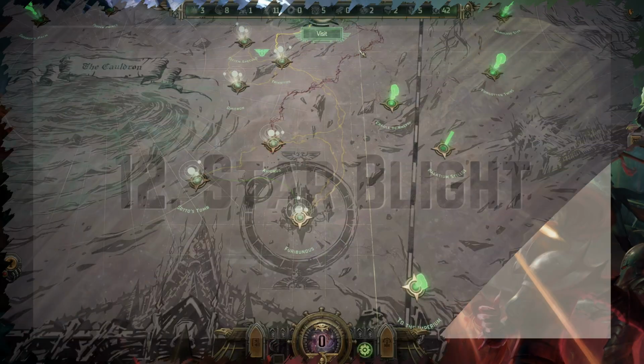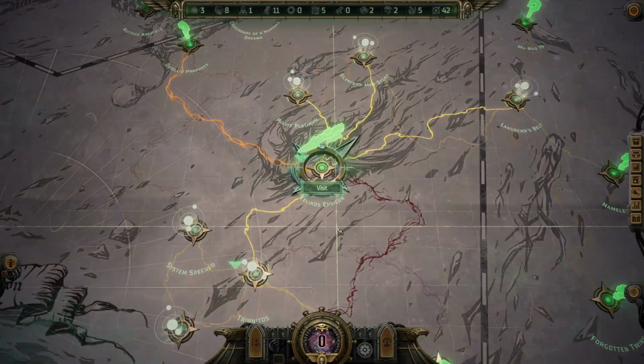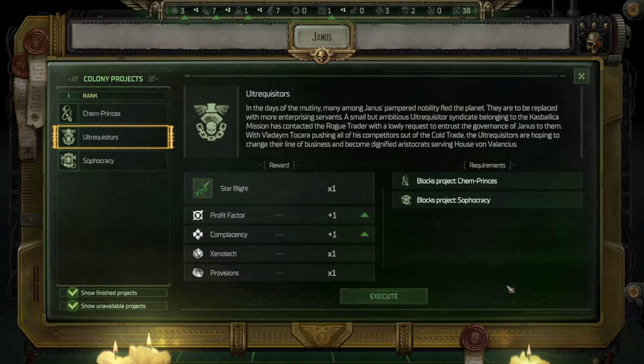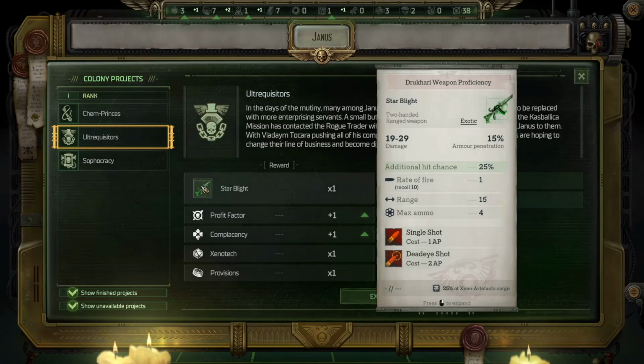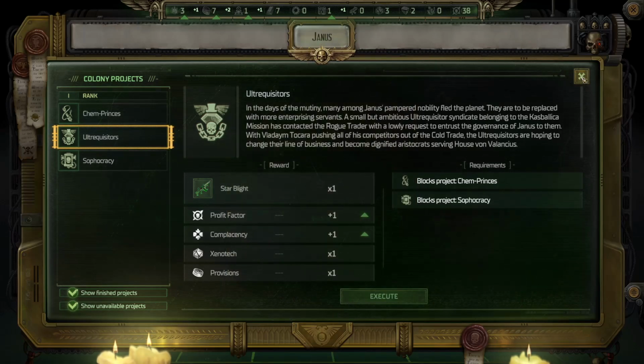Blight. Similar to acquiring the Flamer Infernical, obtaining the Blight requires improving your colonies, specifically Janus in this case. Blight serves as one of the rewards for completing the Ultraquisitors project and stands out as the most powerful sniper rifle in Chapter 2. Although Warder's Portent may boast superior abilities, Blight is also formidable, causing fatigue and slowing down